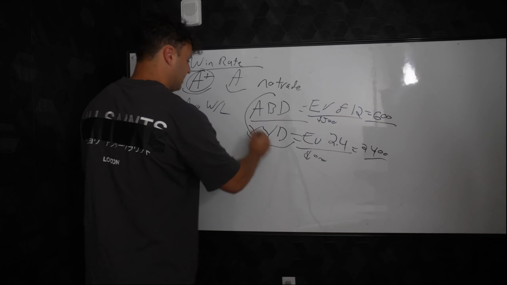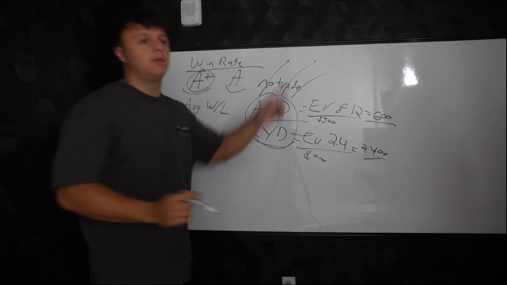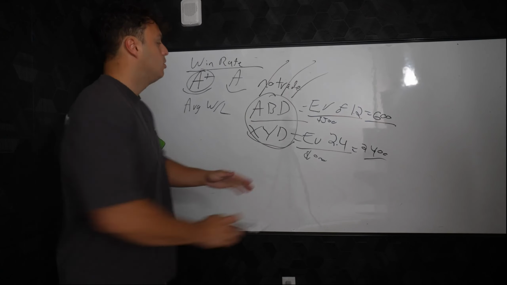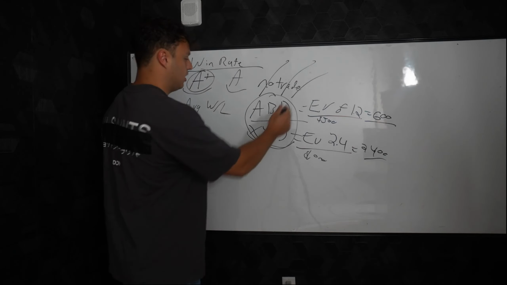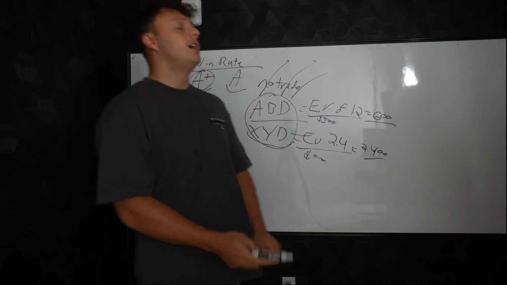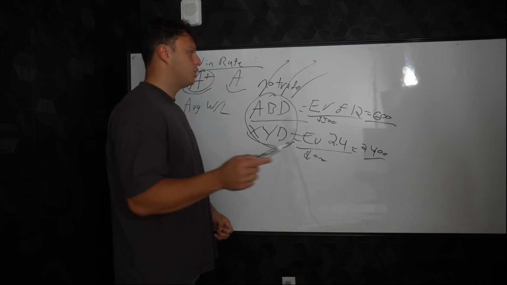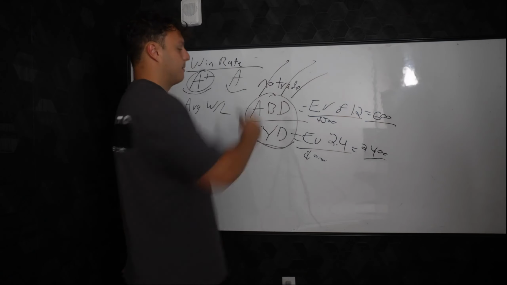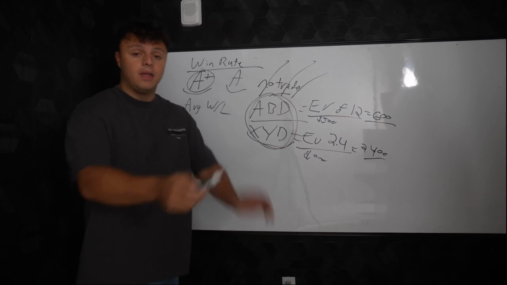Once you understand these two, any setup that is outside of here, any setup that, oh, it could be here, it could play out like this, you do not need to take that. And that's how you're going to increase your win rate, because you're only going to be focusing on the setups that have yielded you a high expected value. Does that mean you're going to lose trades? Yes. Does that mean you're going to have losing streaks? Yes. Does that mean that you should take other trades to see what might work better? No, because if you know that these two setups are your peak expected value, that's all you need to worry about.